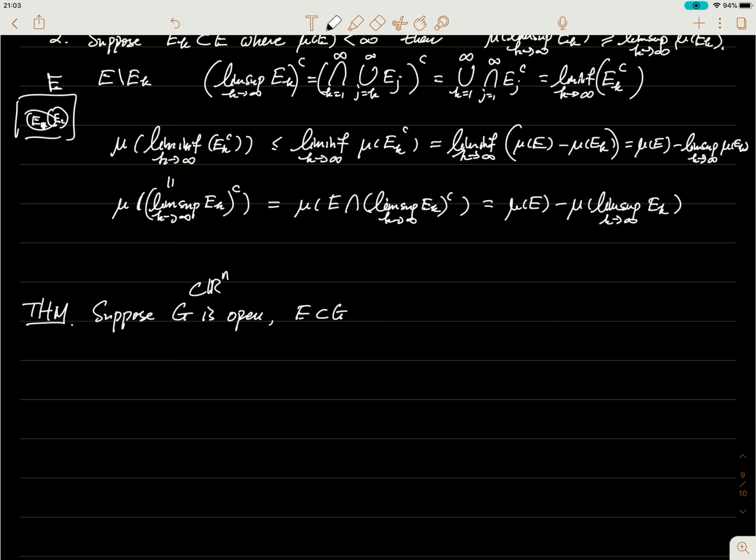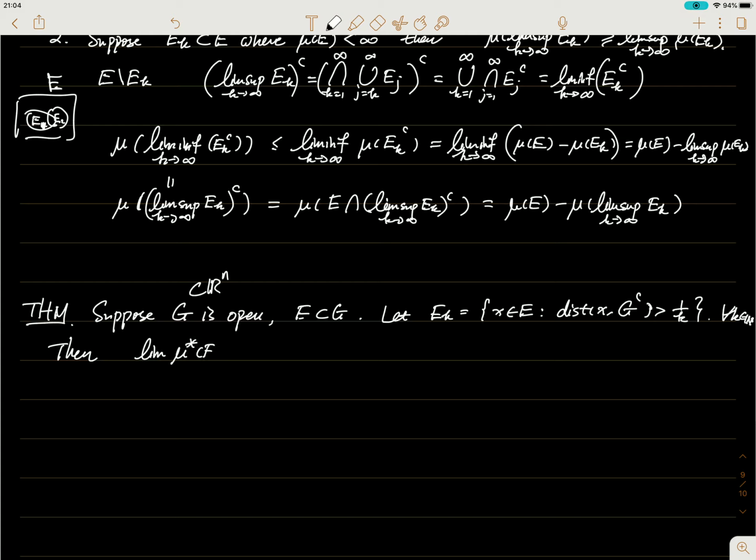So what we're trying to show here is that if we define the EK to be the points in E such that the distance between X and the G complement is bigger than 1 over K. This is my EK. Okay, for any natural number K,